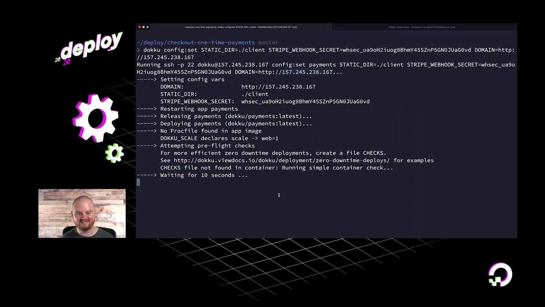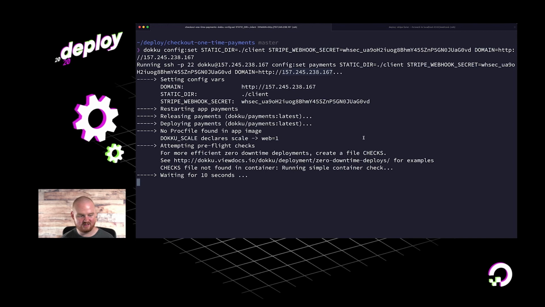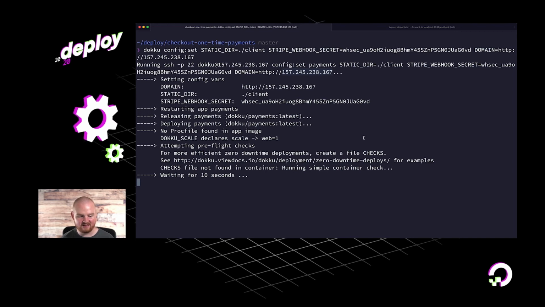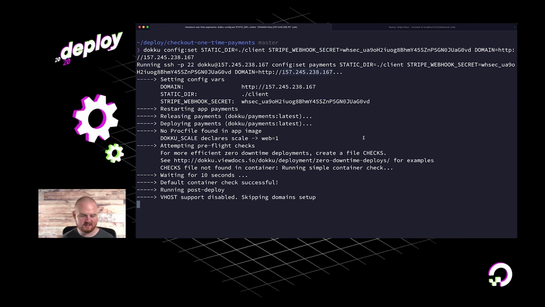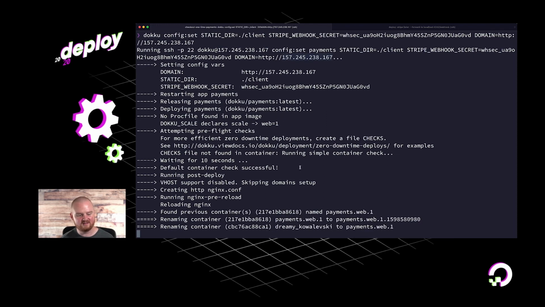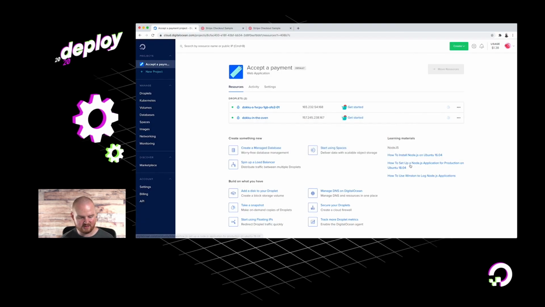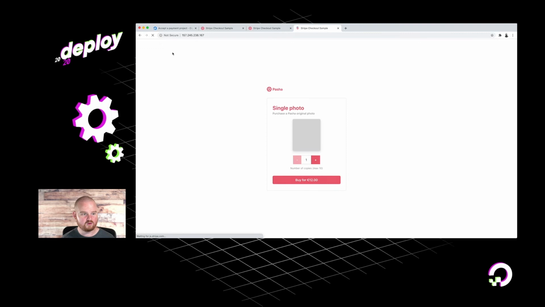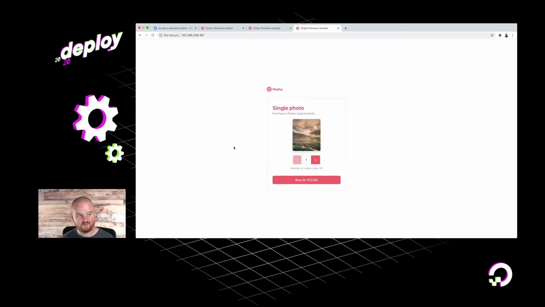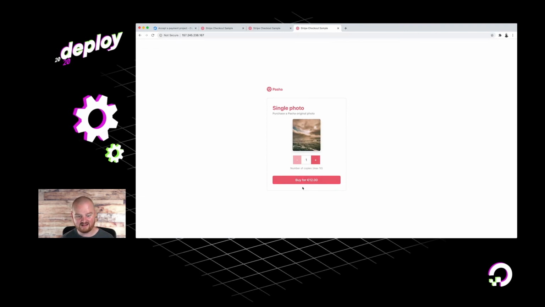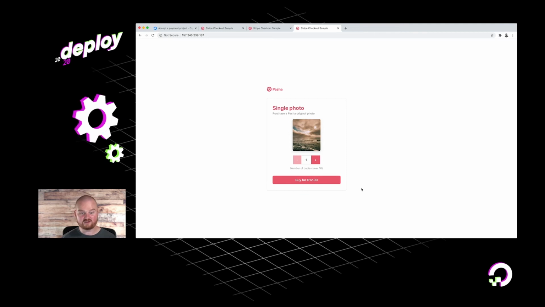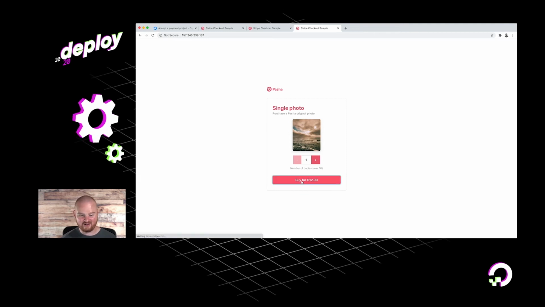All right, now that that's set up, let's head back to the browser and test our live application. So we'll wait for this to finish updating and doing its pre-flight checks. It sounds so cool. It's like we're gonna go on a trip somewhere. All right, so here we go. We'll open that up in the browser. By browsing to the IP address, we can see it. It says buy for $12. This is great. This is all expected.